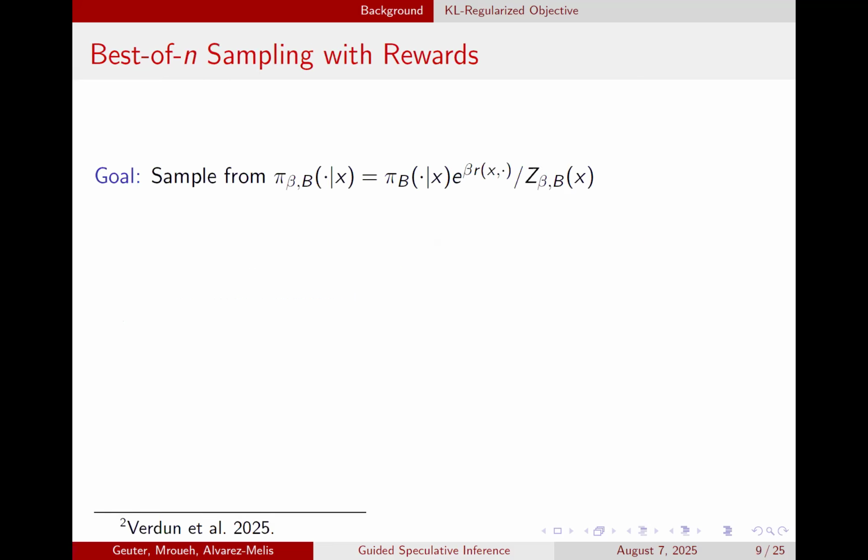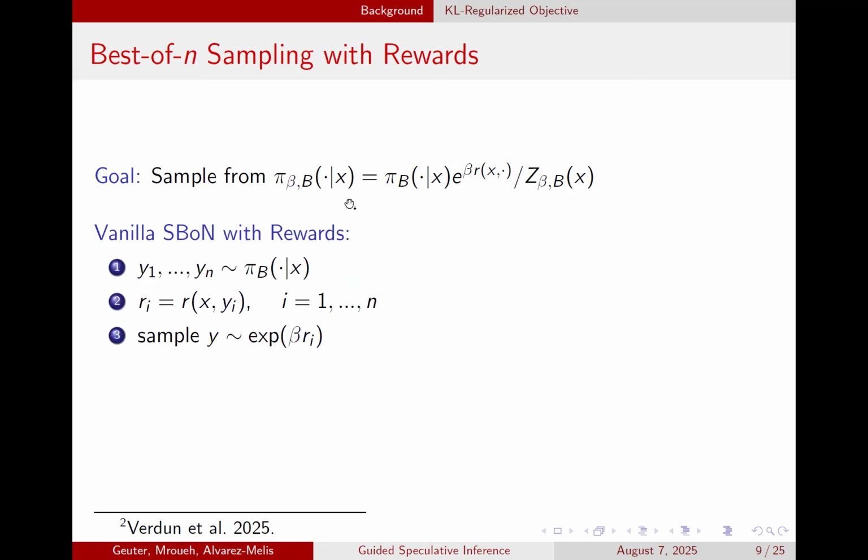So soft best of n sampling is the following. Again, the goal is we want to sample from this tilted distribution, and we can approximately sample from this as follows. In each step, we generate n responses from the big model pi b. Then we compute the rewards for all of those responses using our reward model. And then we sample from a weighted softmax over these rewards. So we weigh by this temperature beta, and then we sample a response based on the softmax over these